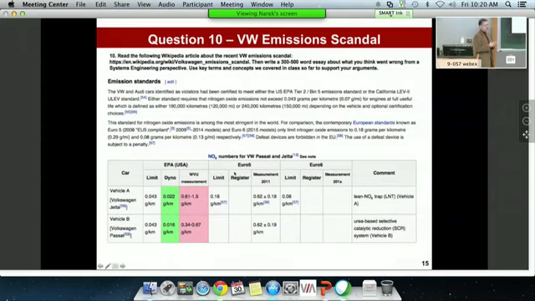Okay, so then the last one was really more of a very recent happening. But if you read the article, you realized, wow, there's kind of a prehistory here. This is not just something that happened a month ago. There's a long history leading up to this emissions scandal, and the key table in the article is this table shown here. It's essentially these NOx